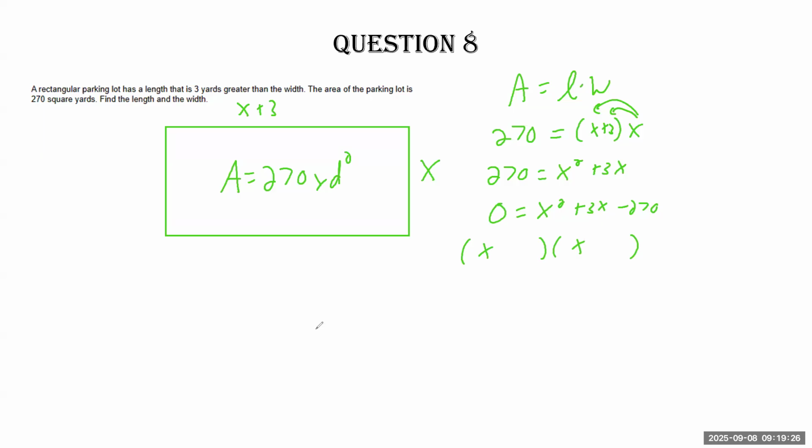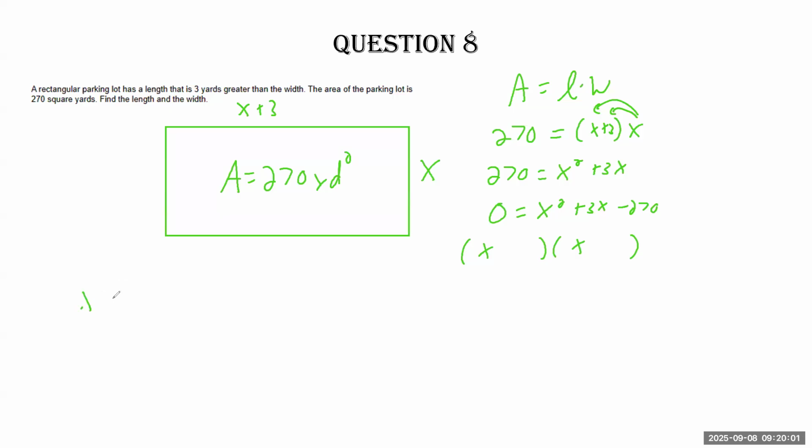Let's try. Okay, so what we're trying to do is figure out the factors of 270. 27 and 10, those aren't going to add up to 3. So, okay, at this point, we could keep thinking about it, but let's go ahead and switch to quadratic